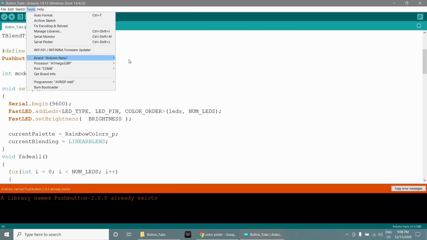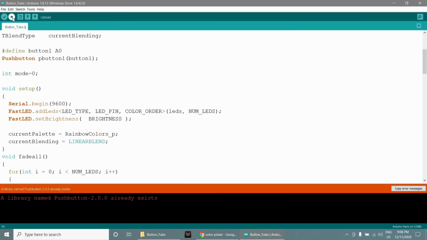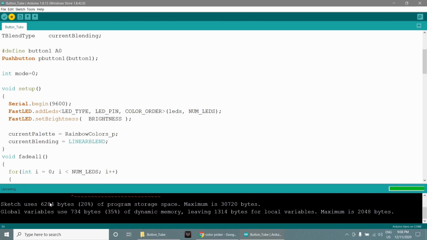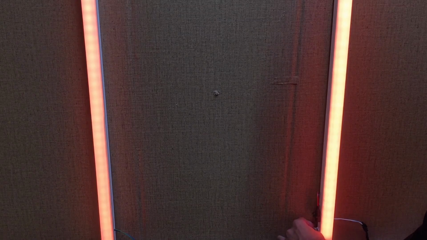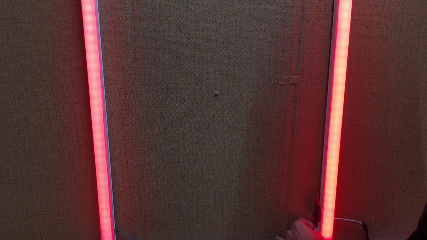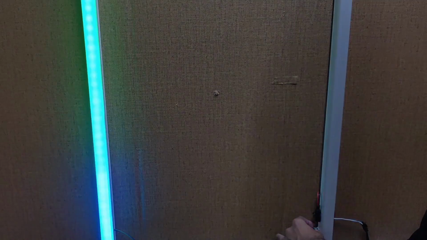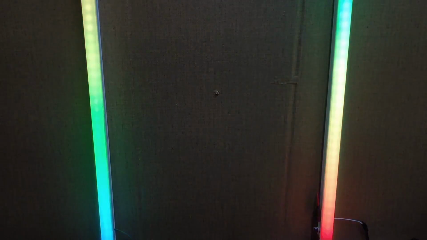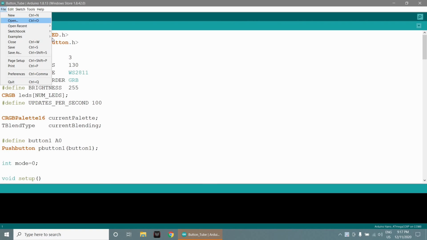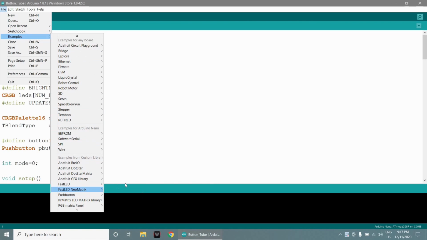Now select the board type. Select the port and upload the code. Also, you can try a range of examples from the FastLED library examples.